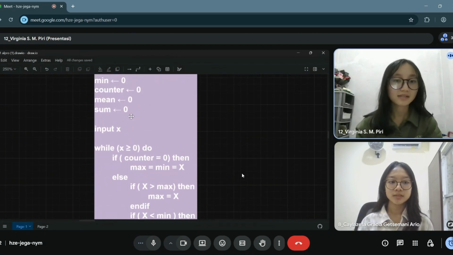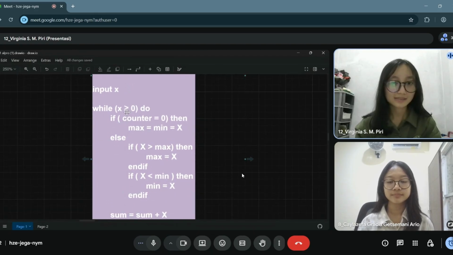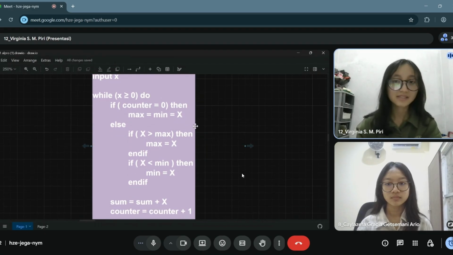And then we ask the user to input x, and while that x is larger or equal to 0, we will do this program: if counter equal to 0, then max equal to min equal to x. That means the x will be stored to min and also max.